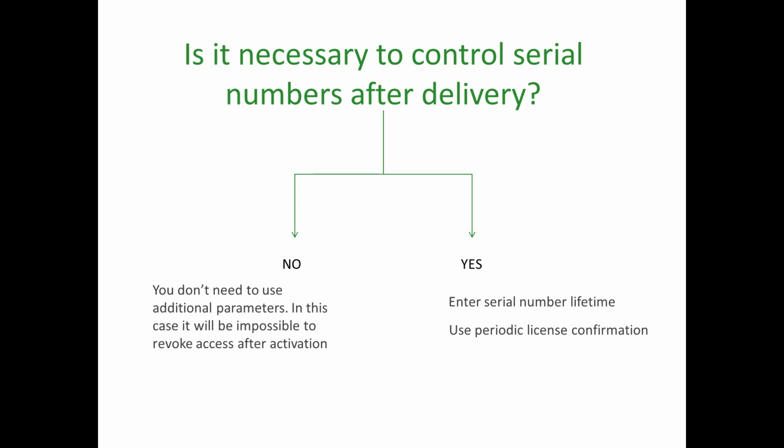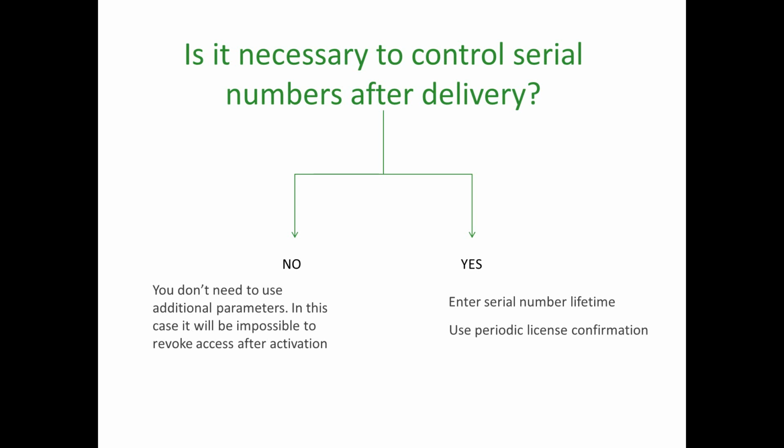If not, for example if you sell a book, usually it means that you give perpetual access to the content. But if you are going to protect corporate documents, when an employee leaves a company, it is necessary to revoke access to protected papers. Also, you may need to limit access for trial purposes. For example, you want to give your book, but for an hour or for 1 day. Recently, we had a request from a person who wanted to give 3-day access to his audio files after bulk mailing.